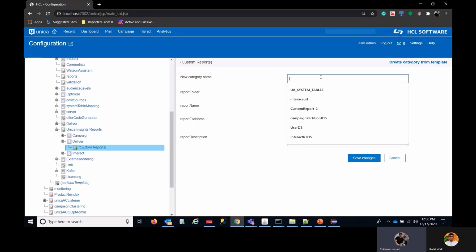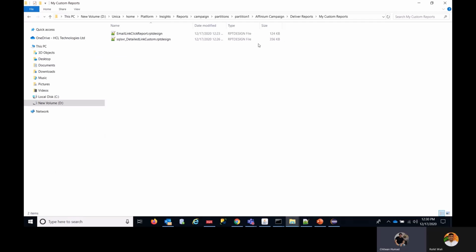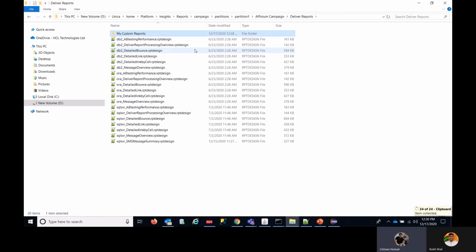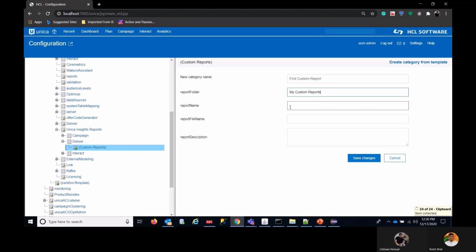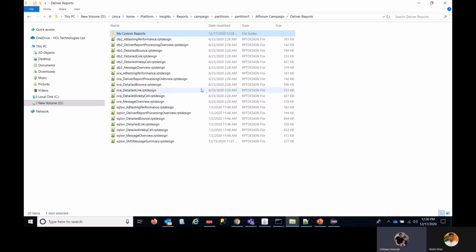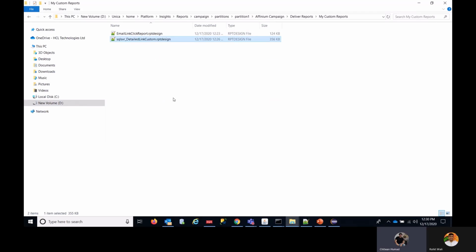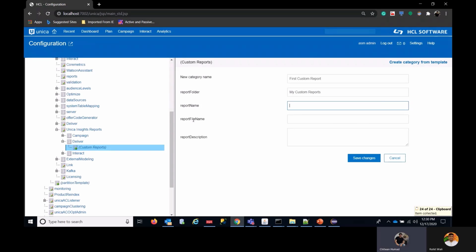Now I need to give any category name which I want to have. So there will be one category for each custom report. I need to give report folder name. So I can choose the report folder name is this one. I want to give the report name as well. So my report name is this one. Okay, sorry. So report file name should be this one, but the report name which I want to show up there, I can say